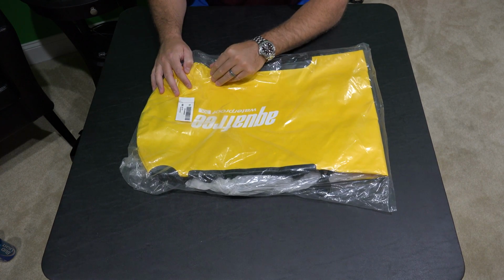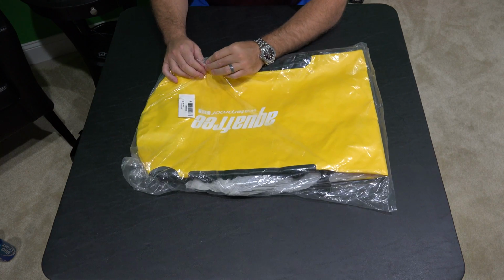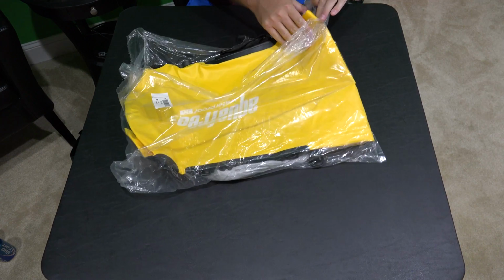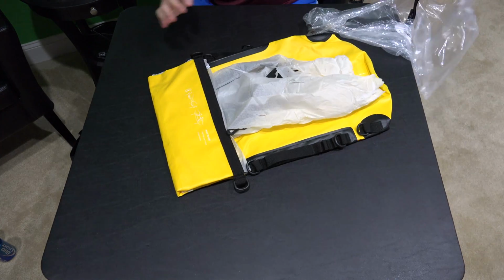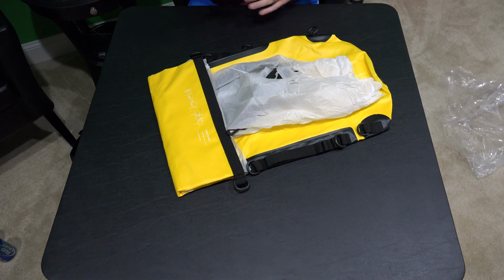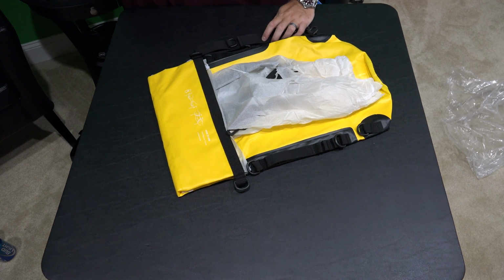It comes in a variety of different sizes. This is the 30-liter Aqua Free, and it comes in other colors too. I forgot to mention that. Obviously this is yellow, and I like bright colors when I'm dealing with items that I'll use on the water,